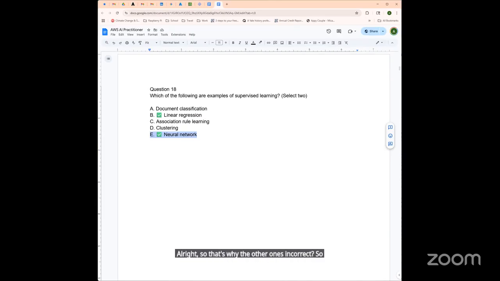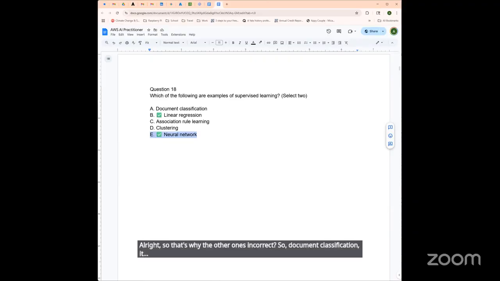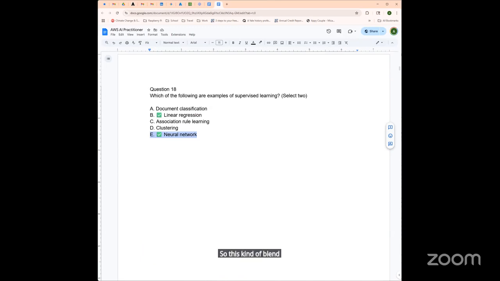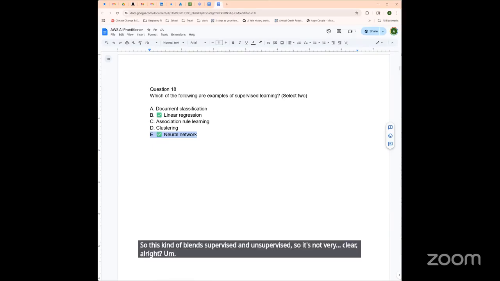So document classification can involve supervised learning, but this is more of a semi-supervised learning. So it'll use like a small set of labeled data with large sets of unlabeled documents. So this kind of blends supervised and unsupervised. So it's not very clear. All right. Association rules.